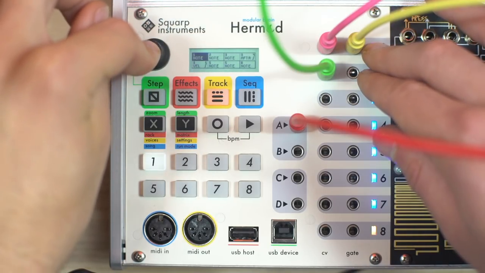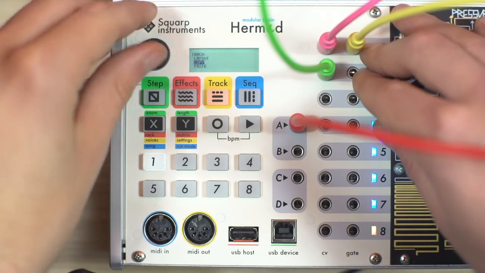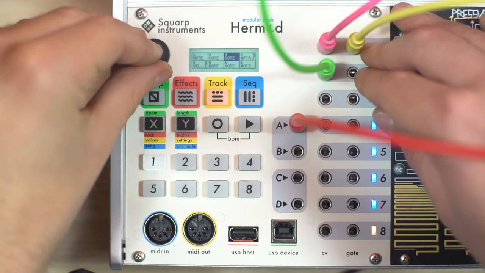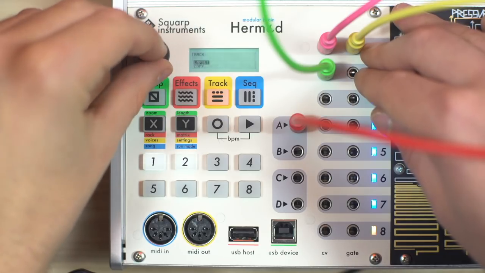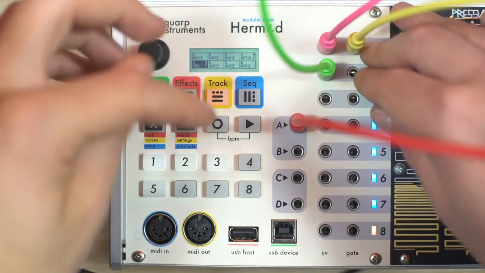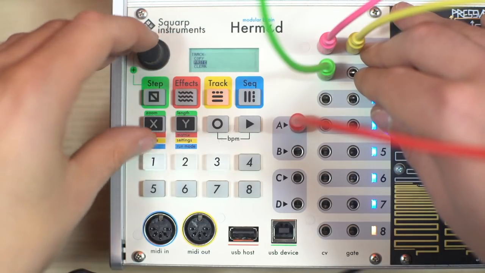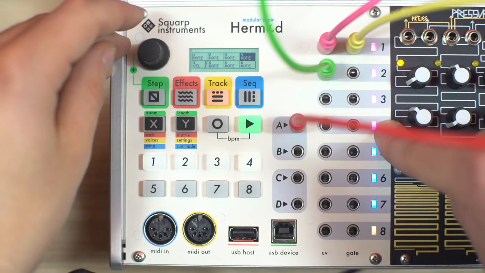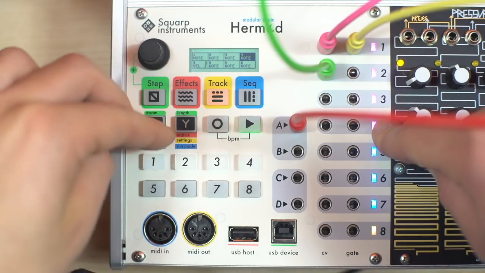So as I told you, when you press the encoder, you can access the edit menu, the edit track menu, and you can copy and paste track. Here let's copy this one, paste it here, and as you can see, the LEDs are lit here because there are notes recorded in the track I copied. So here I copied the first track into the first 4 tracks as mono voices, and I can press the